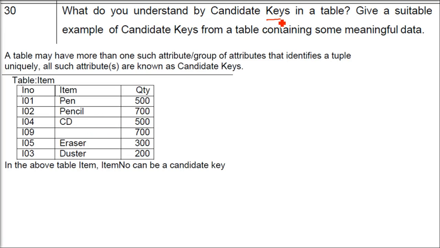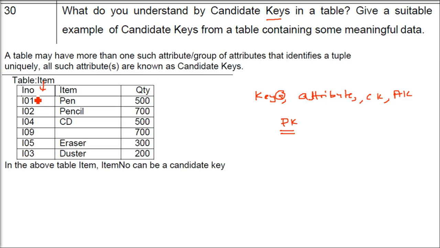What are the keys? First of all, keys. It seems to be a different word, but it is not. The keys are columns only. You say keys. Why this S has come, I'll just tell you. If you say key, if you say column, if you say attribute, key, column, candidate key, again column, primary key, again column, alternate key, only column. So whenever we talk about all of these, it's only column, but they have some certain